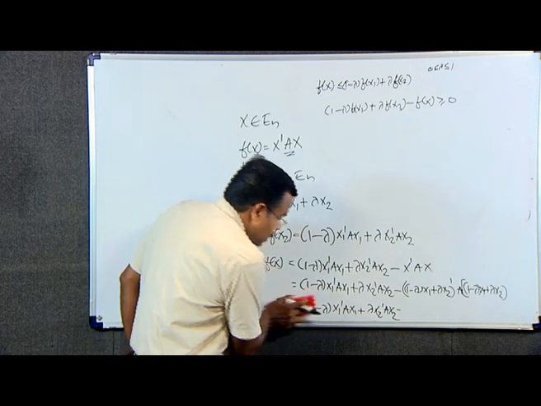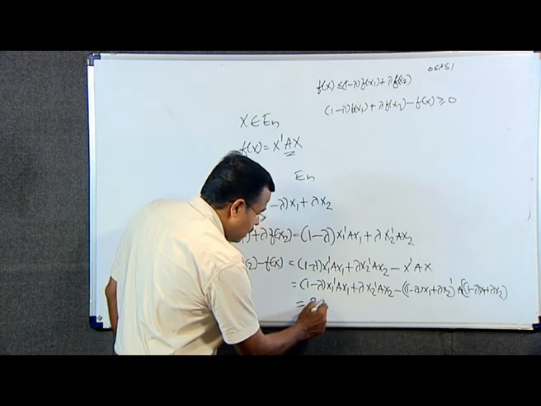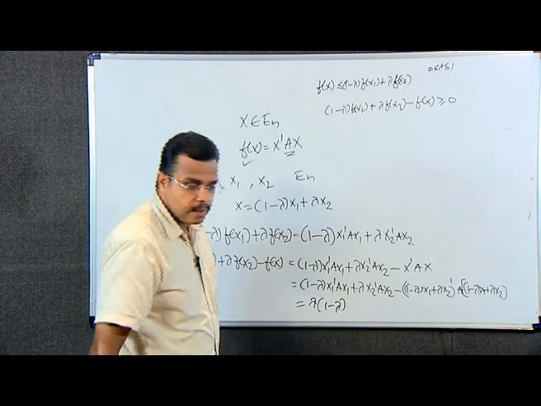Okay, we can rewrite it as lambda into (1 minus lambda) into